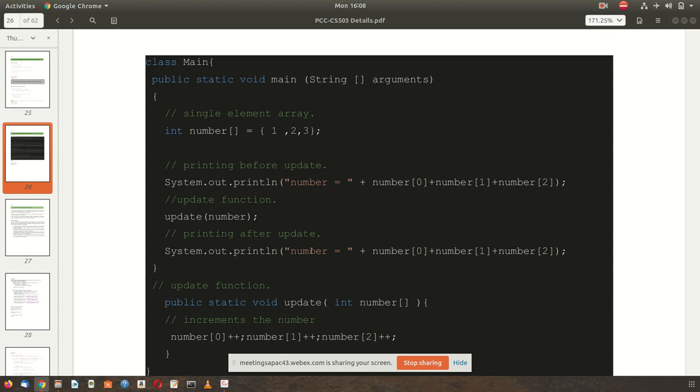reference. So pointer variable in C, a pointer variable has a definite symbol to represent that a variable is a pointer variable.